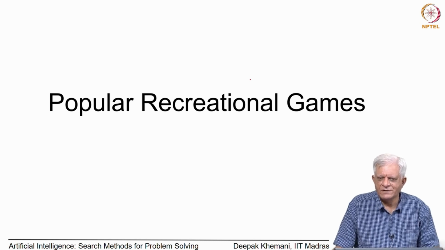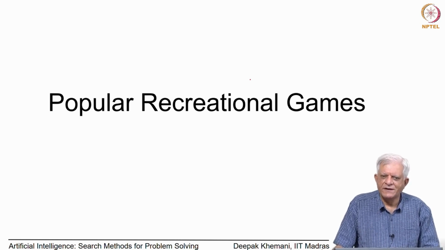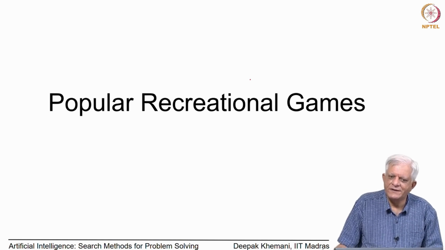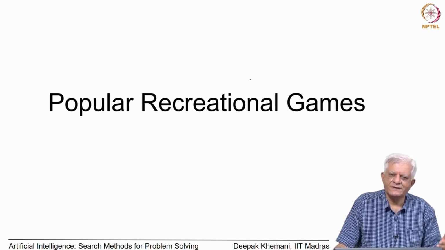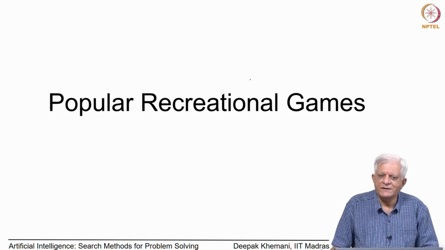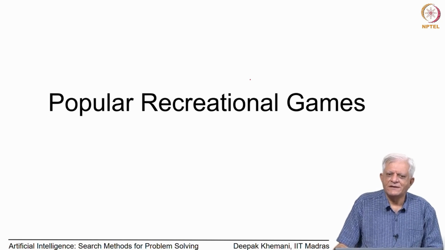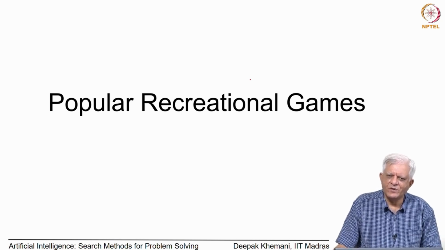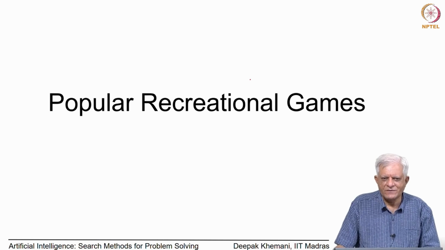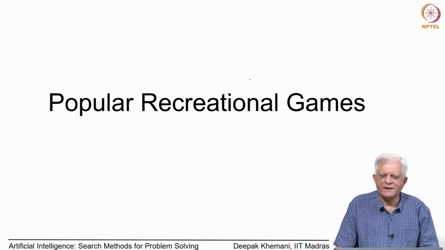I have known friends who, while going on a walk, play mental chess. Each of them has a model of the board in their head, and they keep saying this is my move and this is pawn to king 4 and pawn to queen 4 and so on, and they play a game without any infrastructure at all. So it is easy to implement, especially because the moves are very digital in nature: you have to move a piece from one place to another.